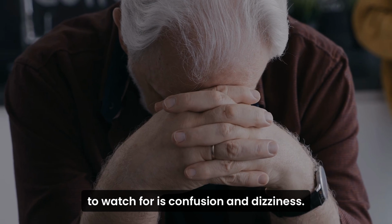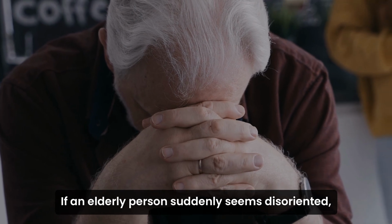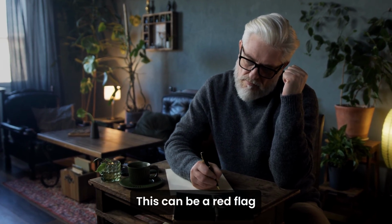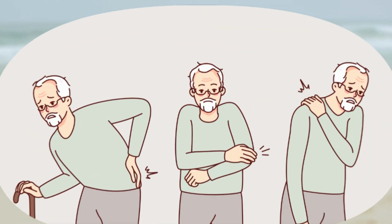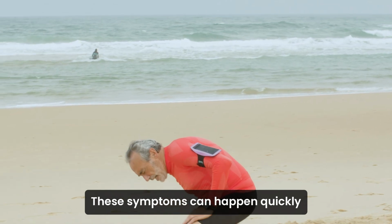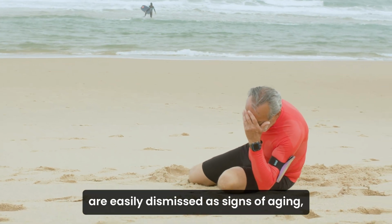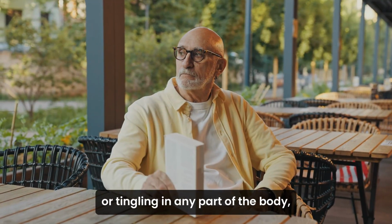Another important symptom to watch for is confusion and dizziness. If an elderly person suddenly seems disoriented, has a problem understanding simple instructions, or appears unusually confused, this can be a red flag. Along with confusion, dizziness or a sudden loss of balance can also occur, making it difficult for the person to stand or walk properly. These symptoms can happen quickly and often make the person feel unsteady, as though the room is spinning. Since confusion and dizziness are easily dismissed as signs of aging,